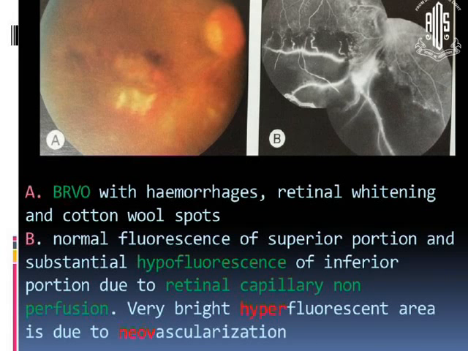BRVO with hemorrhage, retinal whitening and cotton wool spots in picture A. B shows normal fluorescence of the superior portion and a subretinal hypofluorescence of the inferior portion due to retinal capillary non-perfusion. Very bright hyperfluorescence